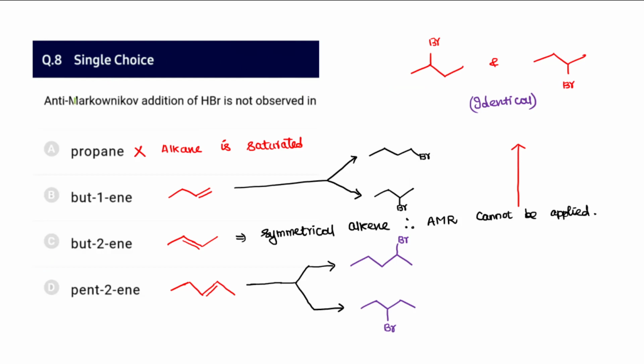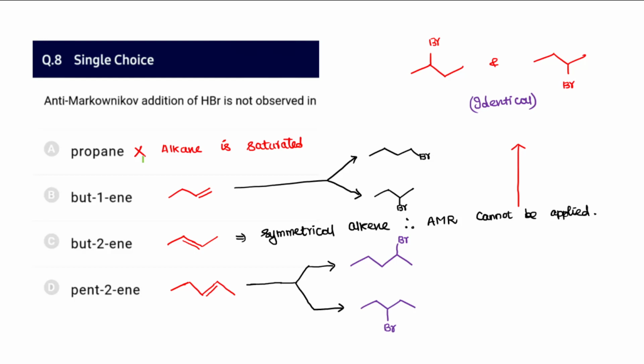Coming to the 8th question, anti-Markovnikov addition of HBr is not observed in. So remember, the addition of HBr is specifically a characteristic reaction of the alkene. So the electrophilic addition reaction undergoes very readily in the case of alkene. So it is a compound containing a double bond. And that too, specifically, the anti-Markovnikov rule can be applied in the case of unsymmetrical alkene, not in the case